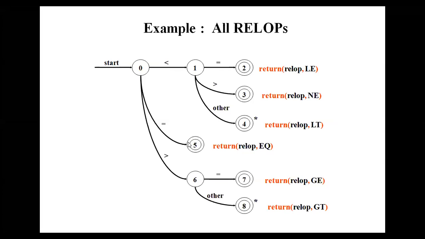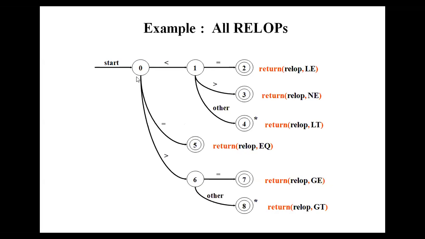Here we have only equal to. With equal to, there is a transition path from 0 to 5. That means the statement we are going to execute is only the equal to relational operator. From 0 we have greater than, and the path continues with equal to, ending with the final state 7. It means greater than or equal to. The return value we are executing is the relational operator greater than or equal to.